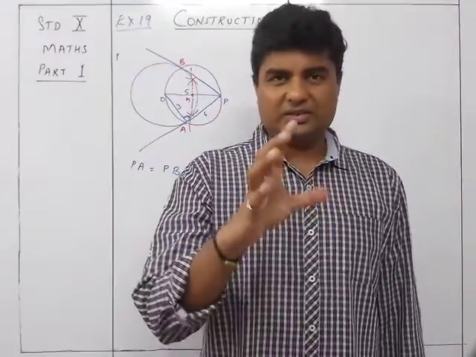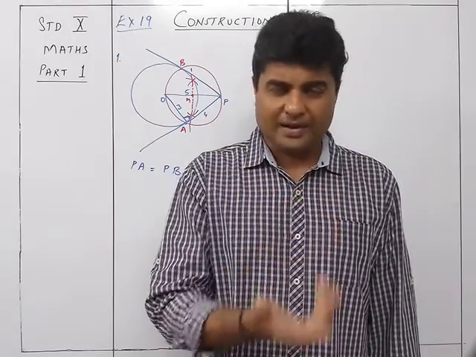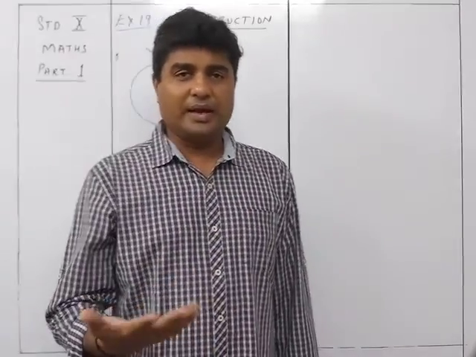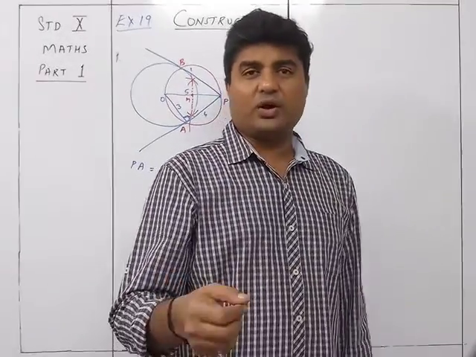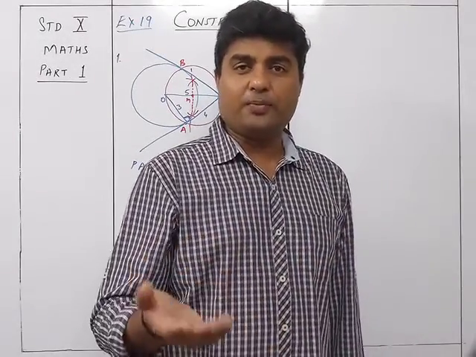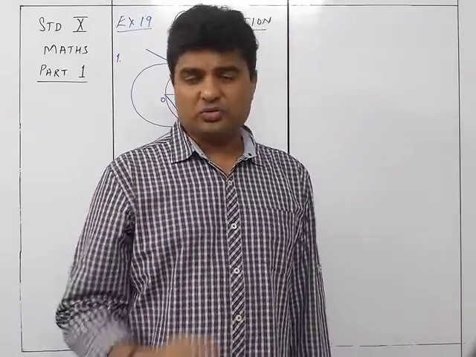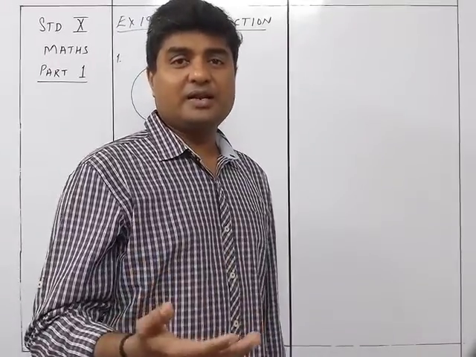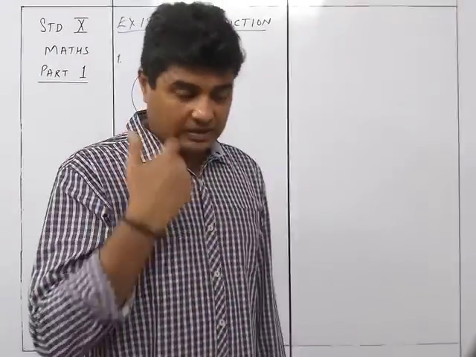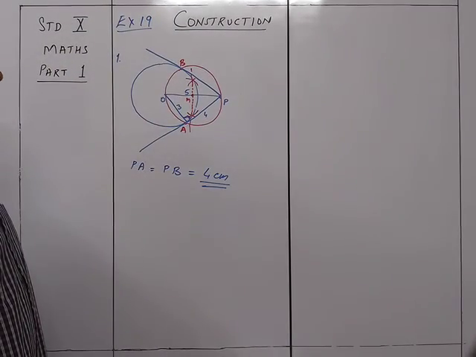So you can always write the answer as 4 even if it is coming as 4.1 or 3.9. Nobody is going to check your answer with a scale to see whether it is 3.9 or 4. You cannot usually come to know the difference between 3.9 and 4. So quite obviously you are going to write it as 4 centimeters, considering that you already know that it's a Pythagoras theorem triplet. Right, so this was sum number 1.